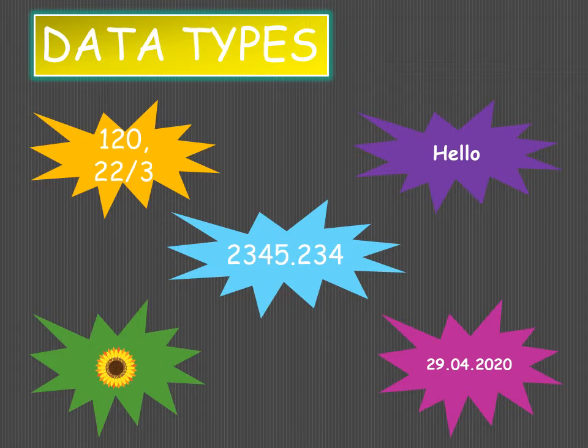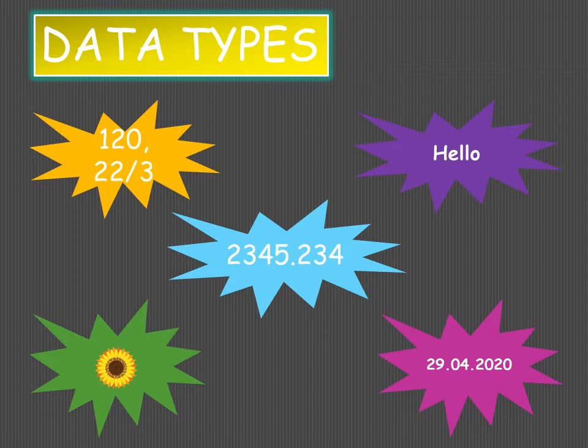We can store data in the form of text. It can be a date, a time, or a picture or image. So we can say that different types of data can be stored in database tables. Basically, if we specify the data type, it will determine the type of data that can be stored in the database column.